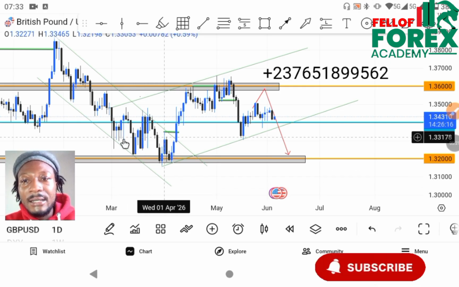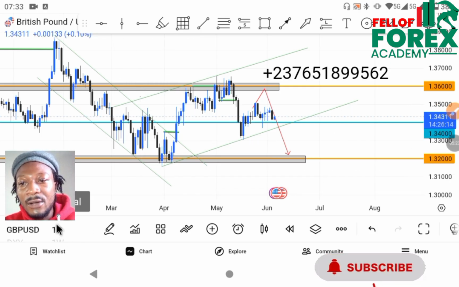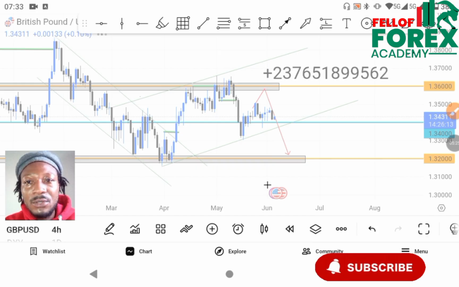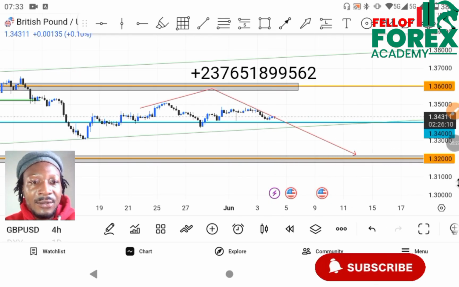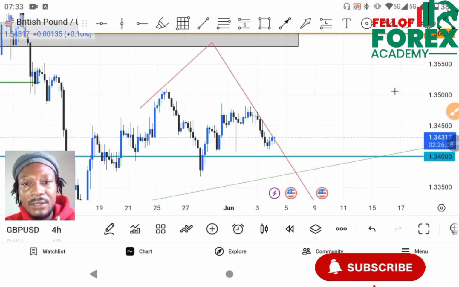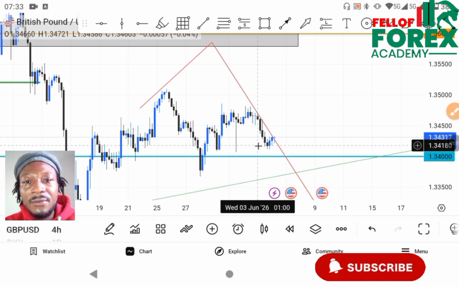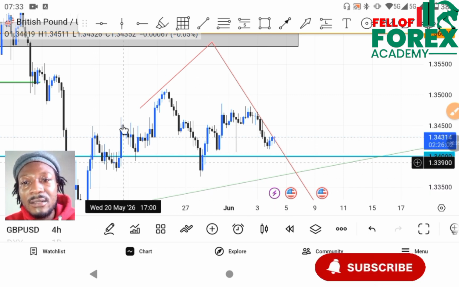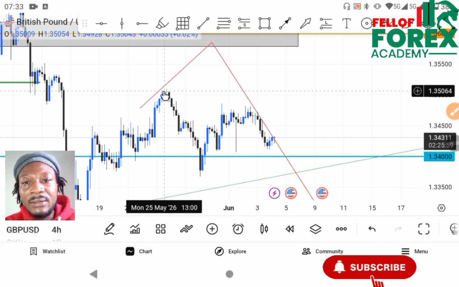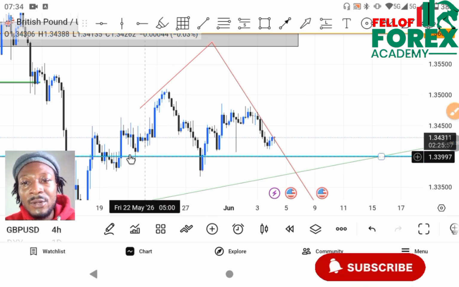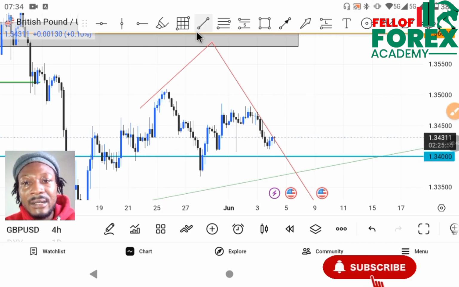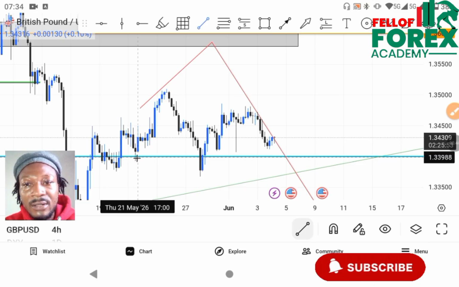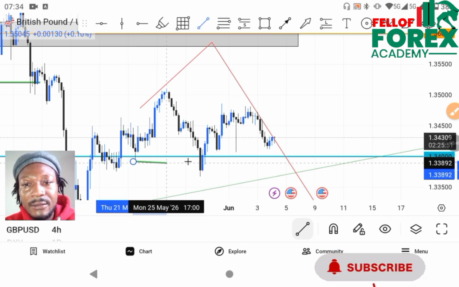So let's move on to the 4 hours to see exactly what the 4 hours has in store for us. Now on the 4 hours, you'll see that we were creating this little uptrend, and along the line, we had a break, a change of character. All this is internal,